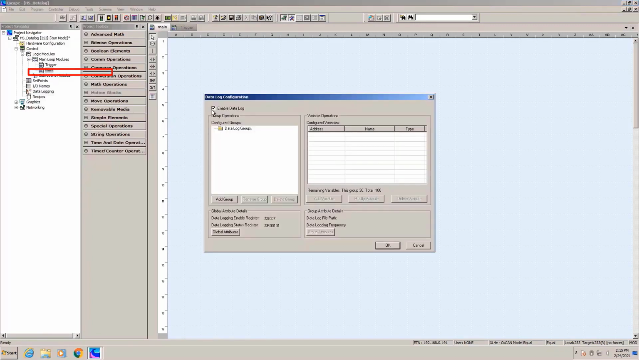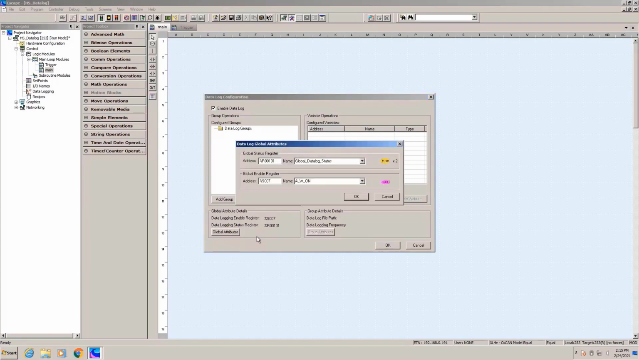The first step is ensuring that you have enabled data logging as a feature. The next step is to set up some global attributes down here, which I've previously done. You can see that there's a global status register which we use to monitor the status. There's also a global enable variable, which I've just left as always on, so that we are always able to